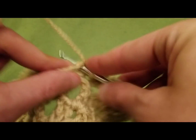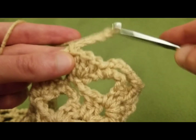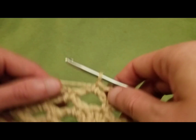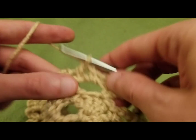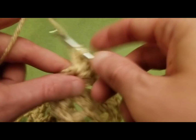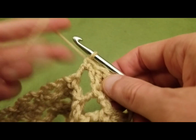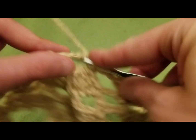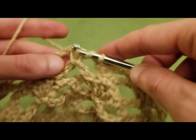okay, single crochet into the next chain 4 space, chain 4, single crochet into the next chain 4 space, 3 double crochets into the single crochet, there we go, single crochet into the next chain 4 space, chain 4, single crochet into the next chain 4 space, 3 doubles into the next single crochet,